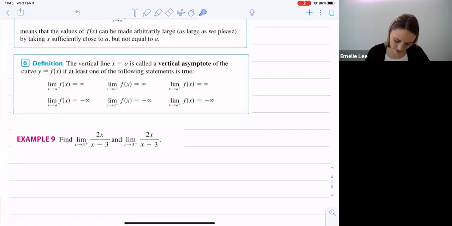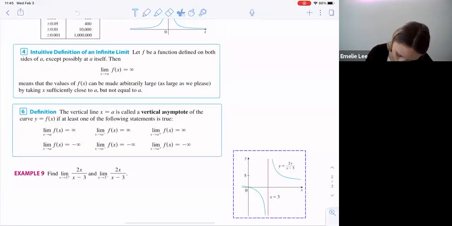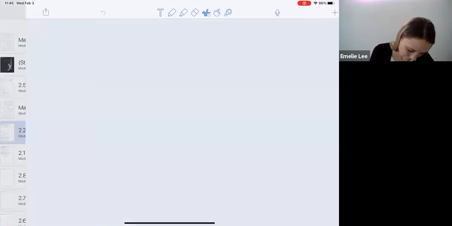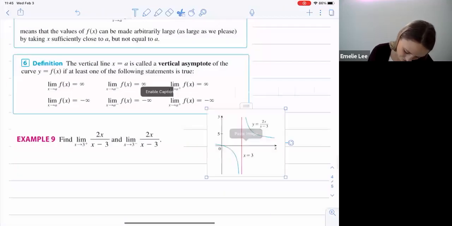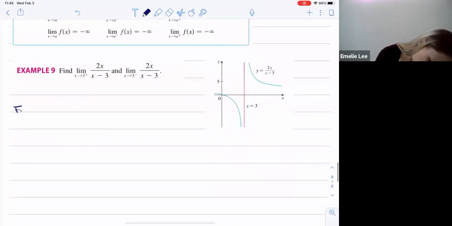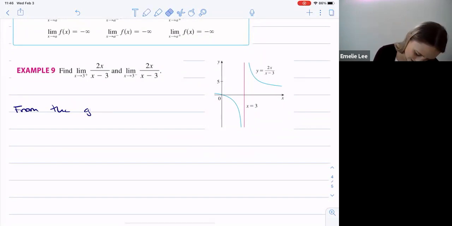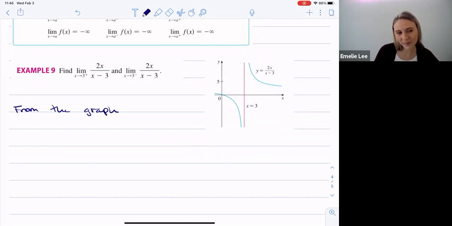How do we talk about that mathematically? I'll bring in the graph instead of trying to draw it out. So from the graph,